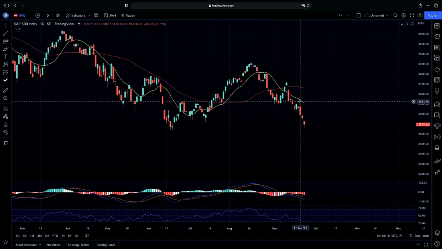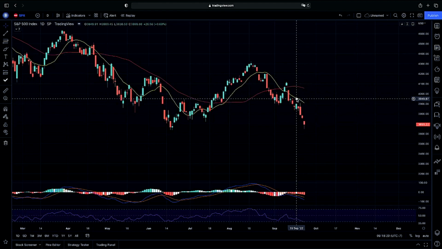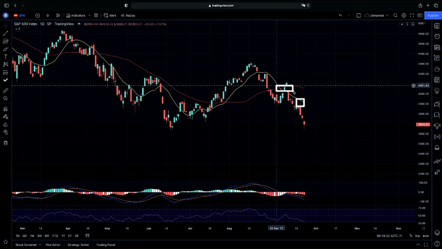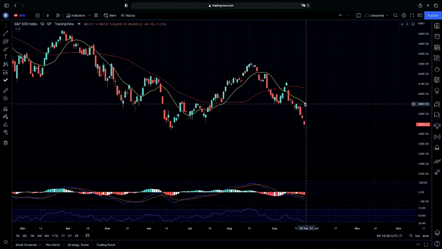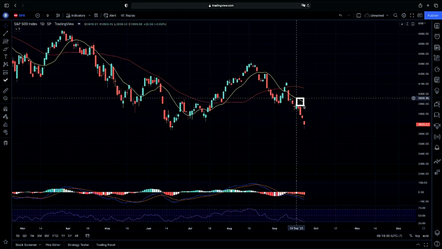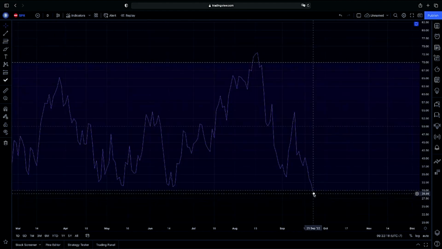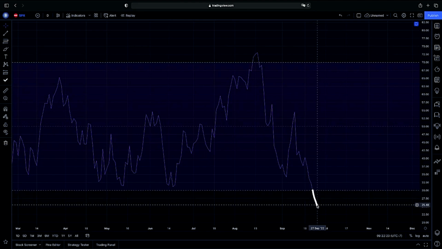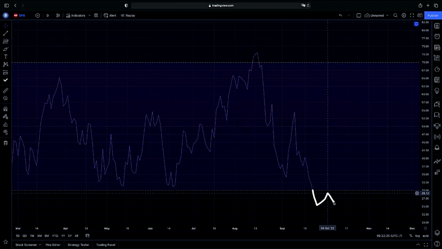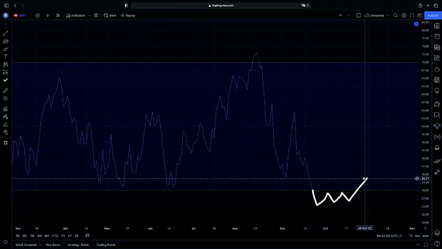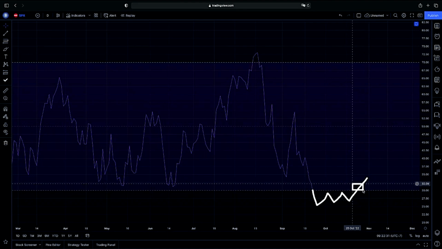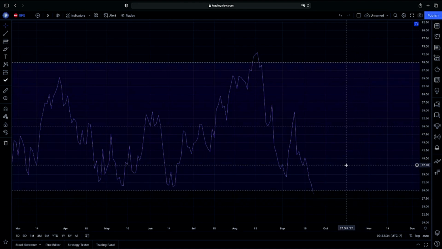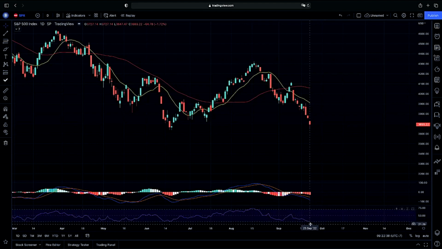So now our question is, as we are respecting our 20-day moving average curling down below our 50 here, as you guys can see, our 20 crossing below our 50 here, we are wondering if we're going to continue to respect it to the downside or possibly jump back above it. So our question is, do we have room to the downside? The answer is yes, we are just jumping into oversold territory. We need to make sure we are careful. As you guys can see, we are going to be looking for bullish divergence, looking for higher lows as we are oversold, looking for that confirmation jumping out of oversold territory for that shorter term play.